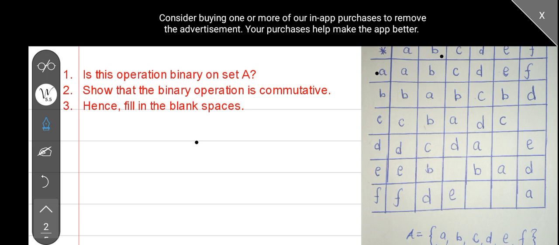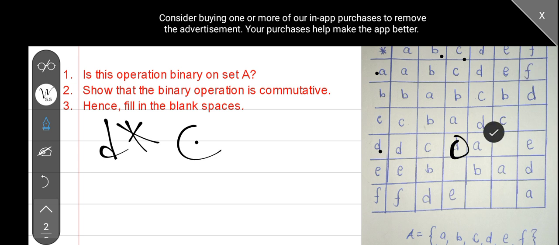Maybe we say D star C. So what is the result? D star C. We have D here and C there. They meet here, and the result is D, which is part of set A. Then this concludes that this operation is binary on this set